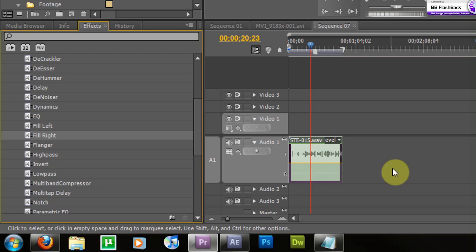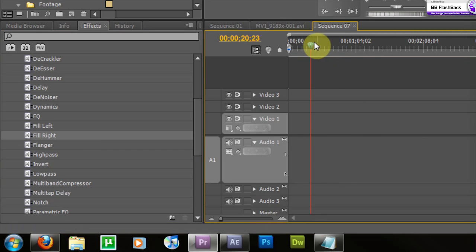So that's helpful if you already have some audio in your timeline that you need to become stereo so you get a fuller sound. So there's basically two types of ways that I'm going to show you for syncing your audio. One is a manual way, and the other one, we're going to be using a program called